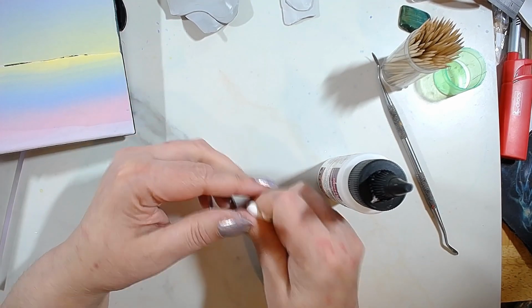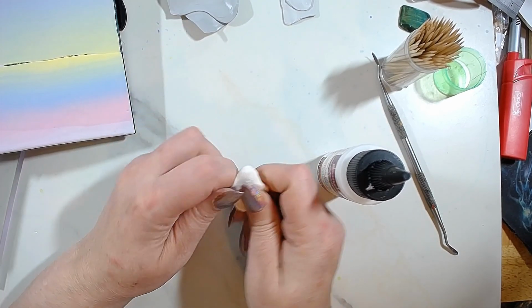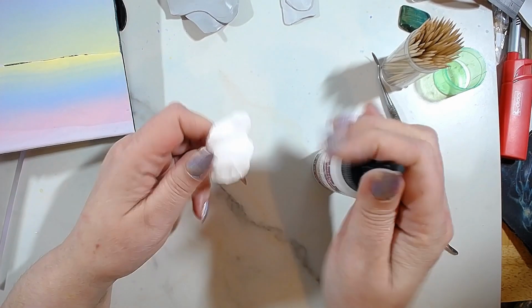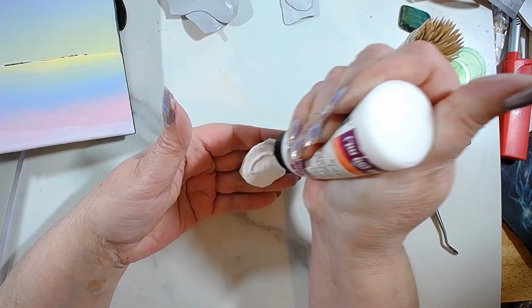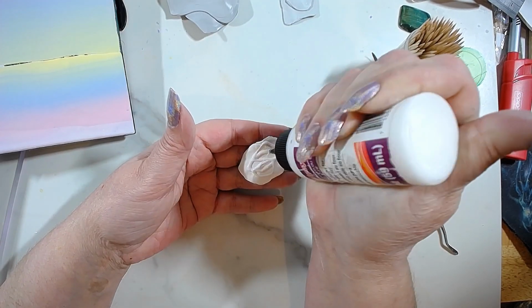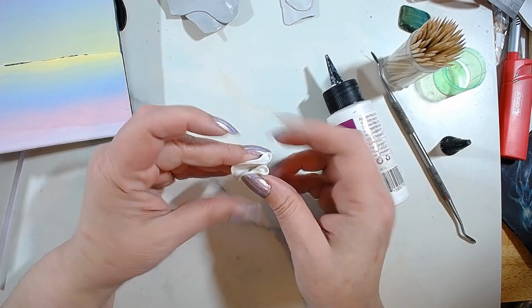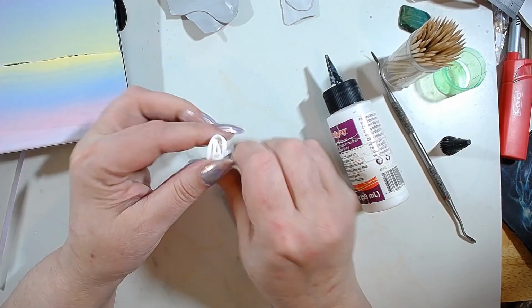And the way that you do it, first of all, get it in your hand. So we're going to first do some clouds. First, get it flattened with your fingers as much as you can, and then add, because you have to soften it up to a certain degree, and that's why I'm going to do all this, so you can see how you're working it. Of course it's going to come out all the liquid,